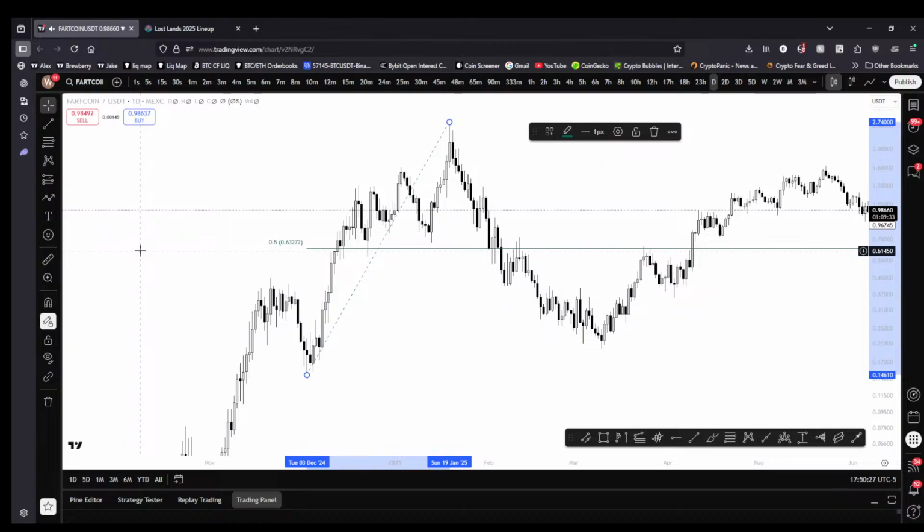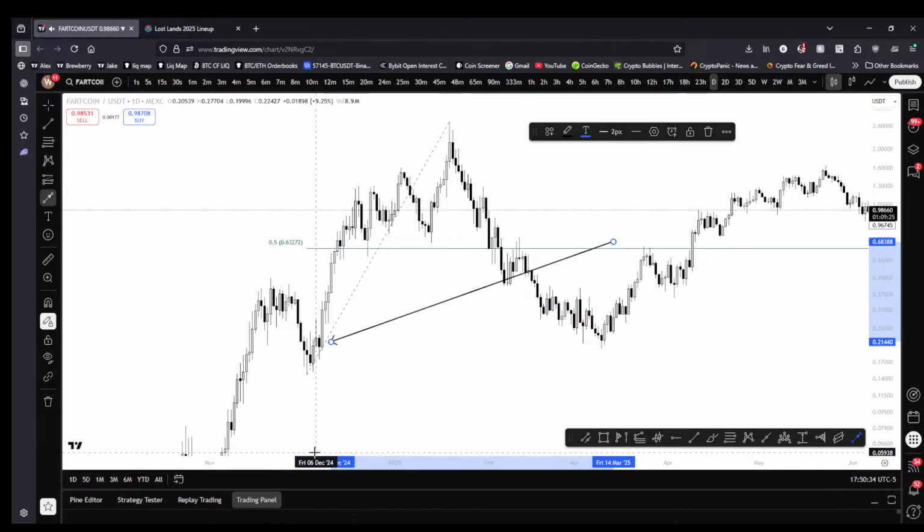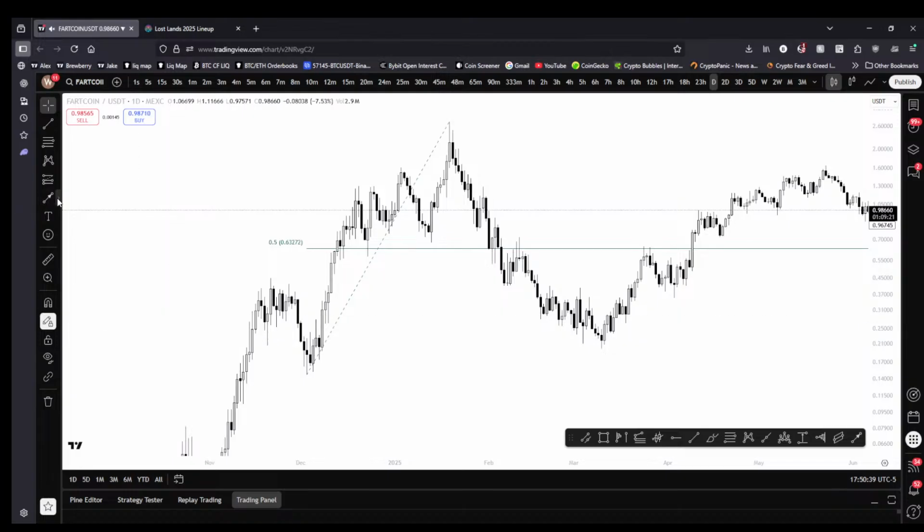Order block on the left, yeah. Exactly, Barb. We have an untapped, unmitigated bullish order block right here. So let's mark that out. So if we take our order block,